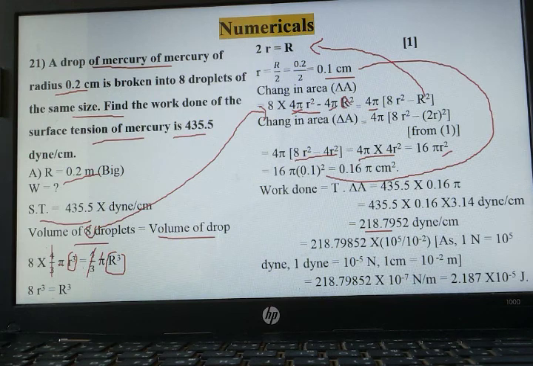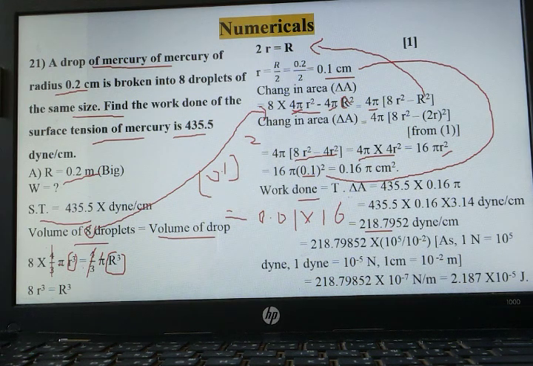As it is square, यहाँ पे square भी है, so therefore the point is shifting by 2 places. This point is shifting because 0.1 square, what will be the answer? Answer क्या मिलेगा? 0.01. So 0.01 into 16, you will be getting the answer as 0.016 pi centimeter square.